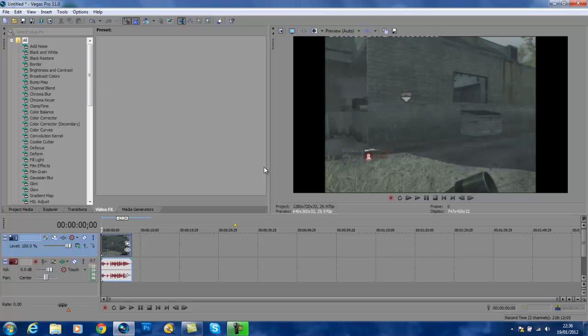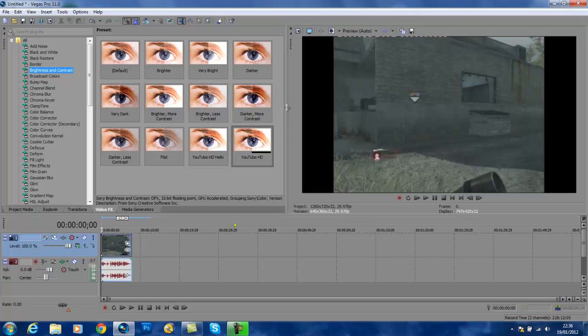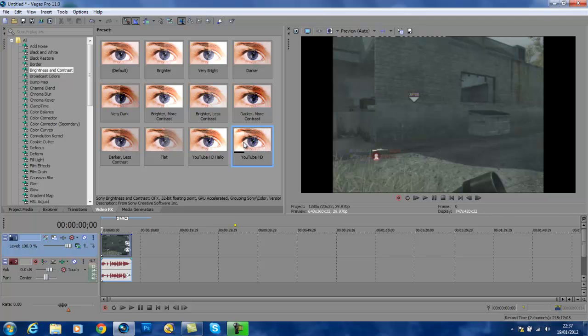So first, we're going to start off with brightness and contrast. Hang on, I'm just going to drag this about a bit more. There we go. And as you can see, I've already got mine saved. That's just a bright one, but I like making my own color correction. I just like making it on the spot. But I've always saved at least one decent color correction. So I'm going to drag this in,